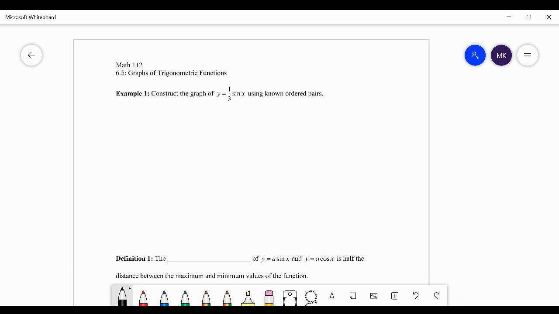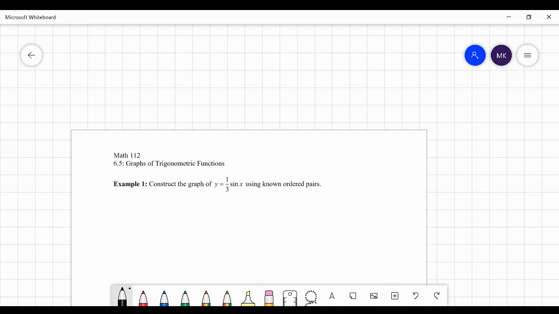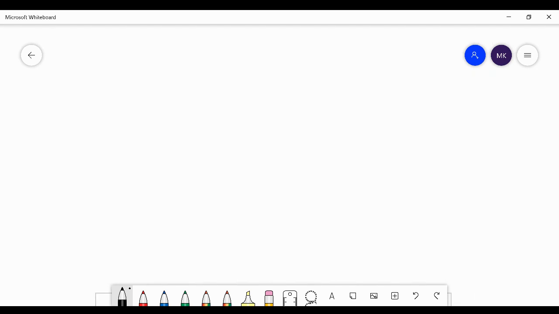Hey guys, welcome to our lesson for section 6.5, graphs of trigonometric functions. If you remember back to Math 111, your good old college algebra days, and we talked about function transformations, if you reach back in your brain, we're going to do some old-fashioned